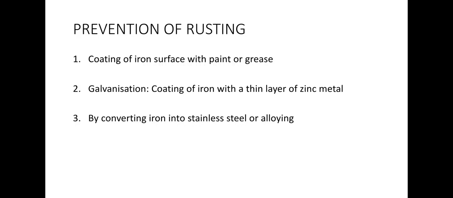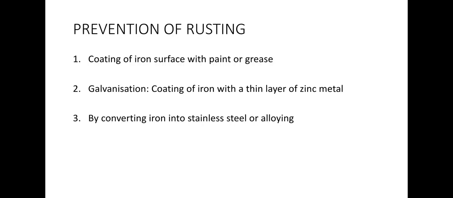This is because zinc metal remains unaffected by air and moisture. So the iron pipes, as you might have seen many times, used in our homes to carry water are also galvanized to prevent rusting. And also the iron sheets used for making buckets, drums, dustbins and roof sheds are also galvanized to prevent them from rusting.